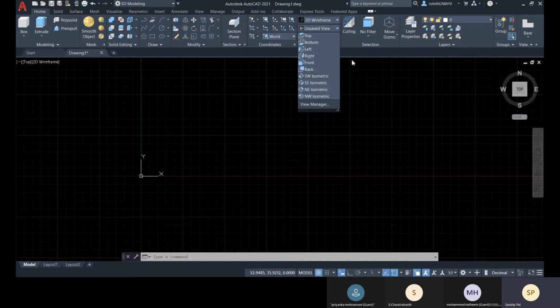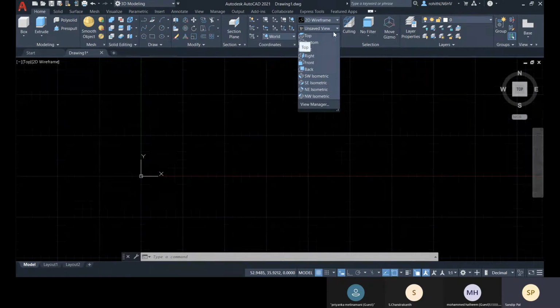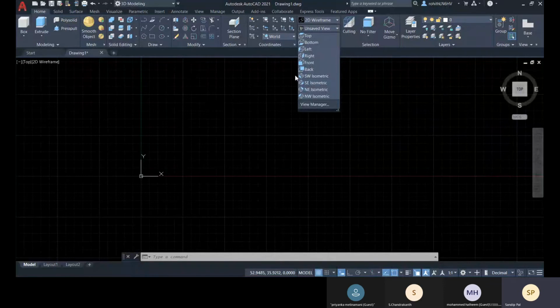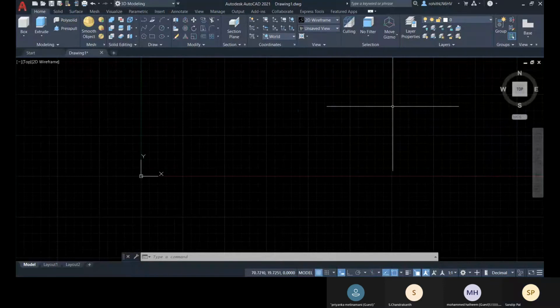I don't recommend this one because it will also change the working plane. It will align the working plane as per the view. So I don't recommend switching your view from this option.